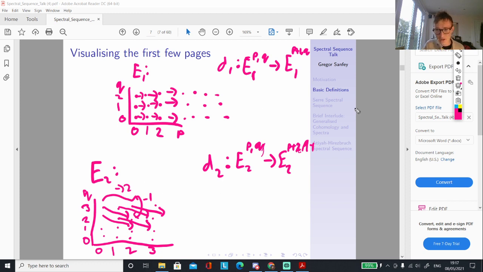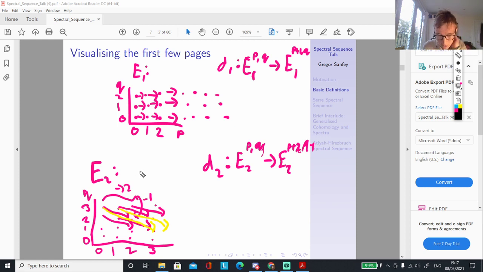The E3 page, okay, I'm just going to be lazy and draw on with yellow differentials. So the E3 page is going to go across by 3 and then down by 2. So this one is going to go here. This one is going to go somewhere over here, and so forth. And okay, so this will lead me nicely onto the